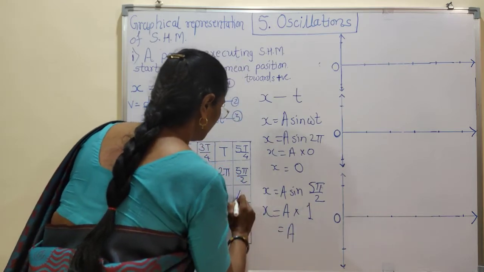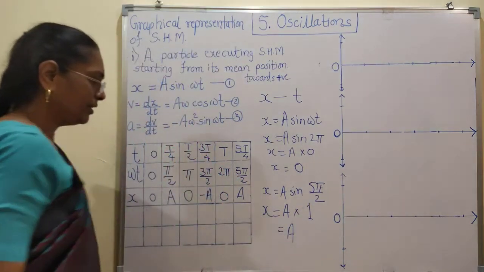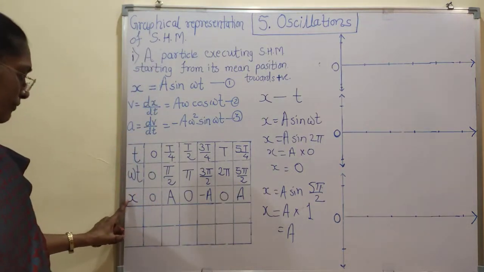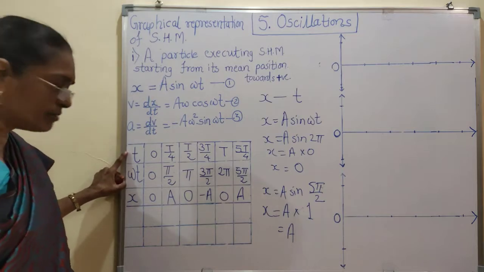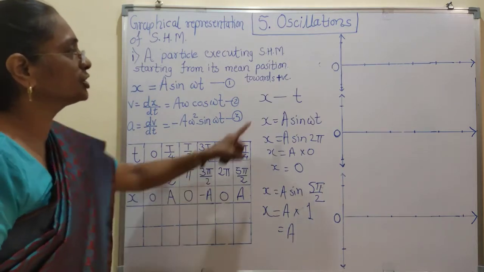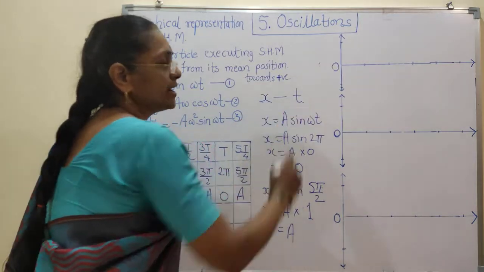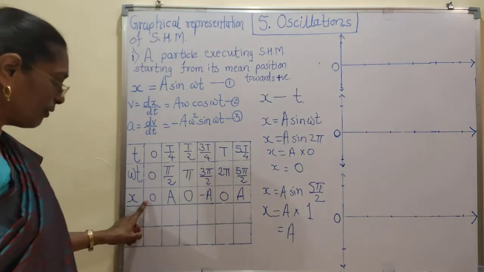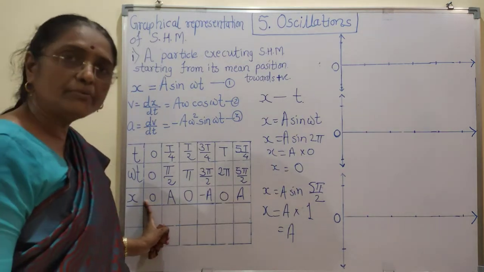Therefore, x is again a. Once we know the values of x and the time intervals or phase, then we can plot the variation of x and t. So here for the sine values,